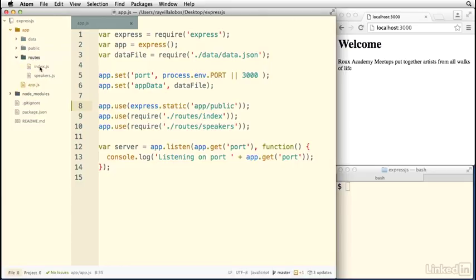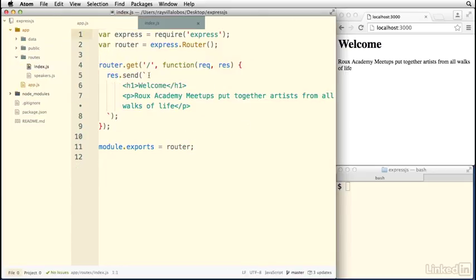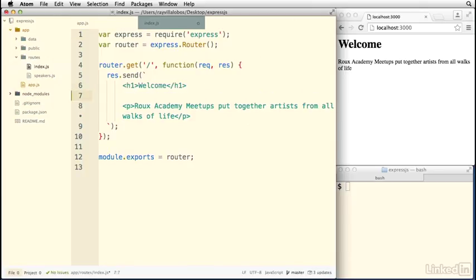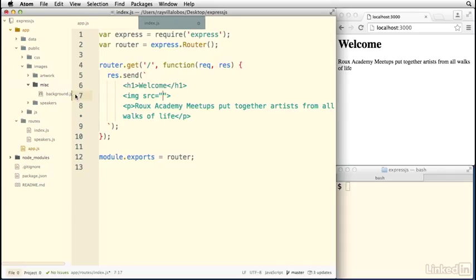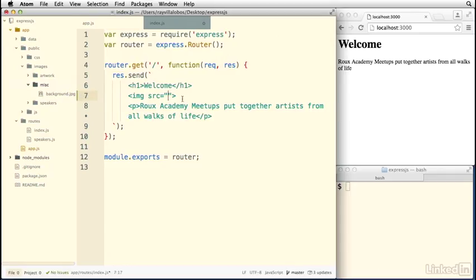Let's go ahead and open the routes and open up index.html and add a link to one of our images. So this is just regular HTML. I can do img src, and in here I can refer to a file. So I've got this public folder, it's got an images folder, and the public folder would be the root. And in the images folder, I have a miscellaneous folder with a background file called background.jpg. So I can type all that in here, images, and then misc, and then